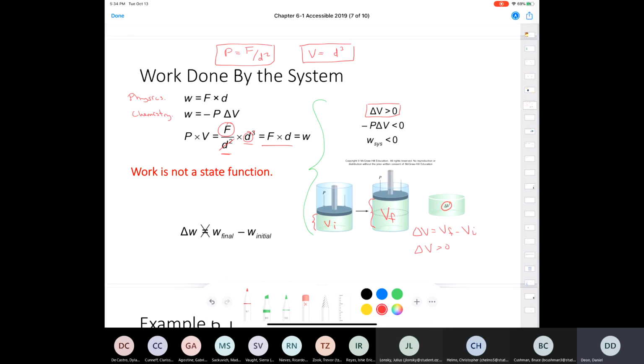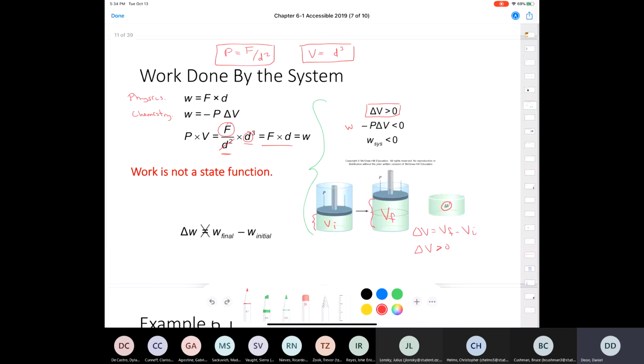Now, atmospheric pressure, or the pressure of the environment that you're going to be doing the reaction in, is always going to be positive. The only time you'd have no pressure is if you were in a vacuum. You'd have a pressure of 0. So again, most of the time we're going to be doing reactions at atmospheric pressure, and so our pressure is a positive number. If we take minus P, which is a positive number, times delta V, which is a positive number, when we're dealing with this scenario where a gas is expanding, we get that our work, which is equal to